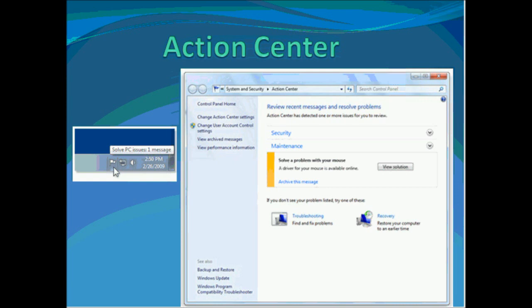Okay, Action Center is a very vital tool that is available in Windows 7. You can see a small white flag as shown on the left hand side of the screen. It is the icon for the Action Center. You can just click on that and the window on the right hand side will open. The Action Center can also be found in the control panel in System and Security. So, Action Center is a system notification that keeps your PC running smoothly from a single location.